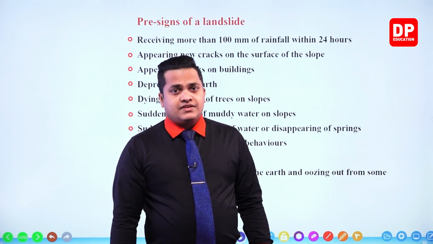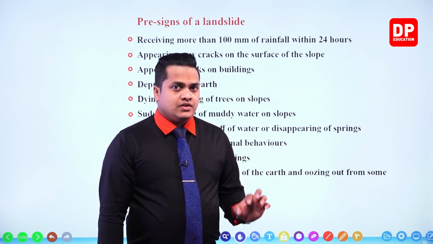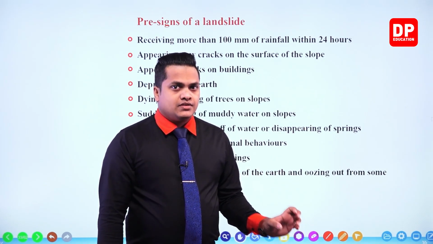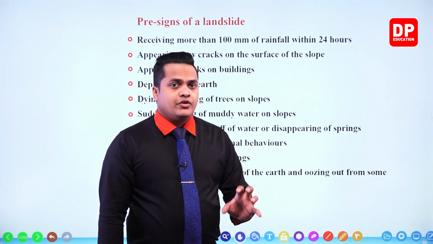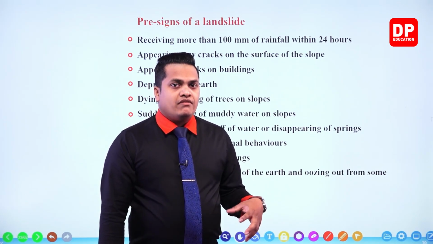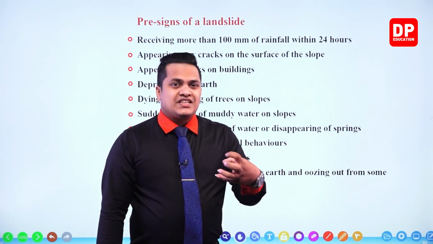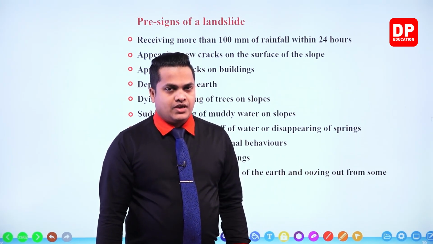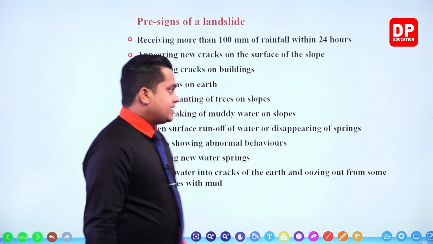So if there are several depressions on the land, it's wise to choose a good secure area and go over there. If you have valuable stuff at your home, you have the time to take those things to that safer place. Otherwise it's going to be too late, right? Then the next one,